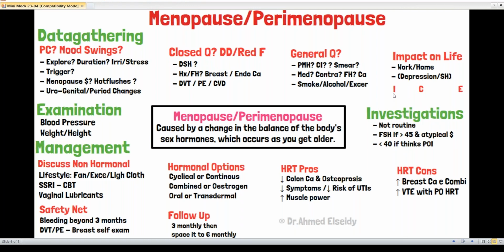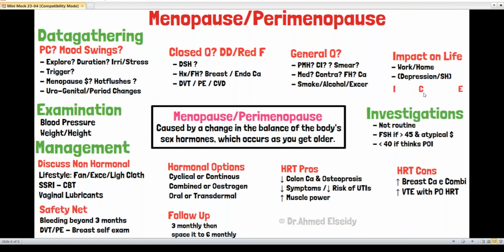And then ICE. I will need to ask the patient ICE. If you have any notes or academy telling you to ignore ICE, ignore them. You see the patient for 10 minutes or 8 minutes and you have an idea about the diagnosis. This patient lived with this problem for 8 months. So she has an idea about it, she has read about it, she has been worried about it. So ask her, what do you think might be causing your symptom?